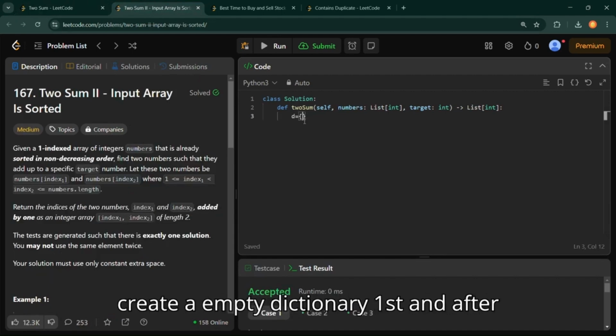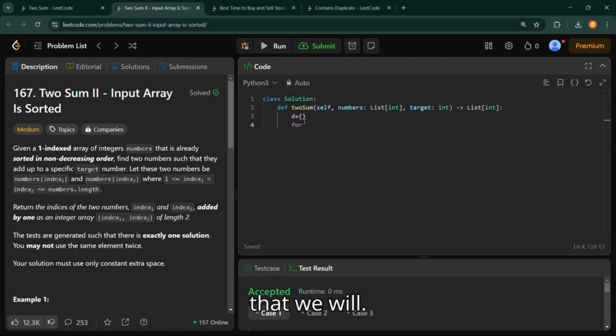So we will create an empty dictionary first, and after that we will enumerate our array, I comma j in enumerate numbers.